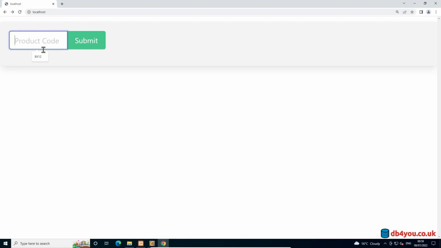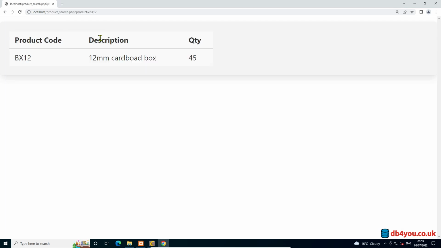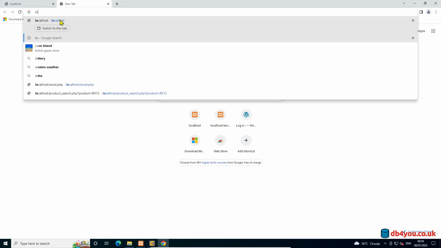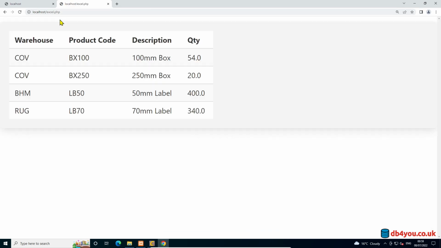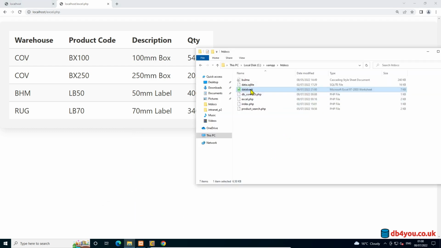Obviously you are familiar with this first page that I did for you, and this uses SQLite, a little compact SQL server. So I'm going to run the Excel part now, and boom, here we go. It has extracted the data from the Excel file. This should be quite fascinating for certain people, because now